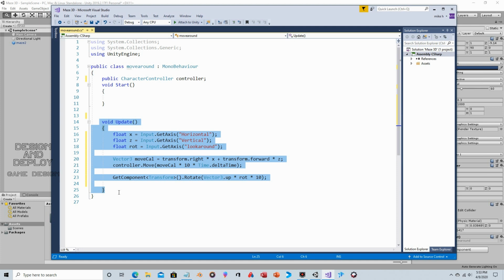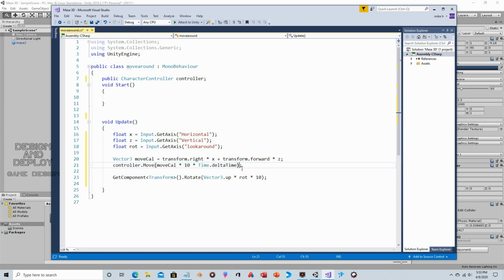So in other words, if you have one system running at a slow frame rate, this would be calculated slower. If you have another running at a faster frame rate, this would be calculated faster. So in other words, it would actually take you longer to accomplish a task on the slower version. So by